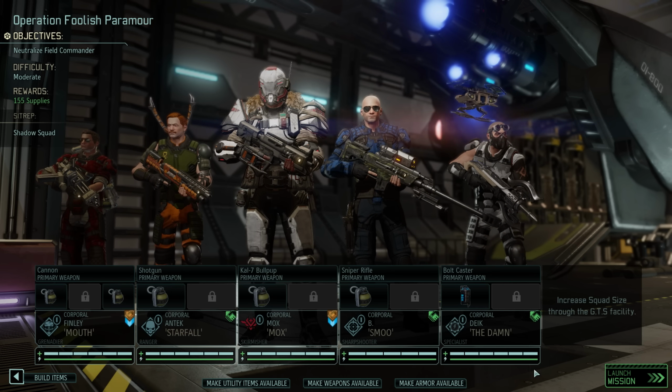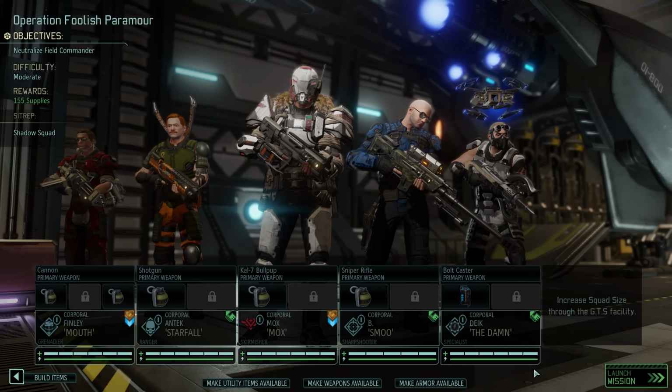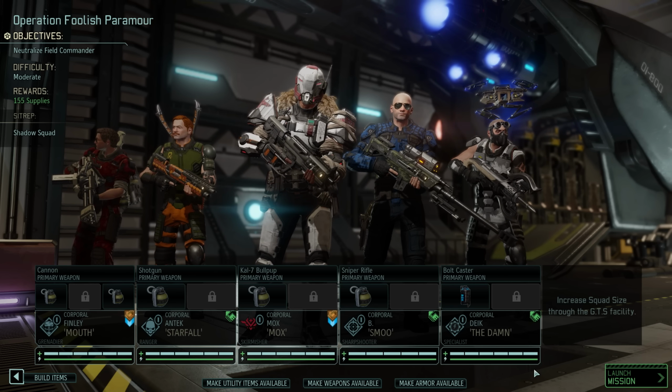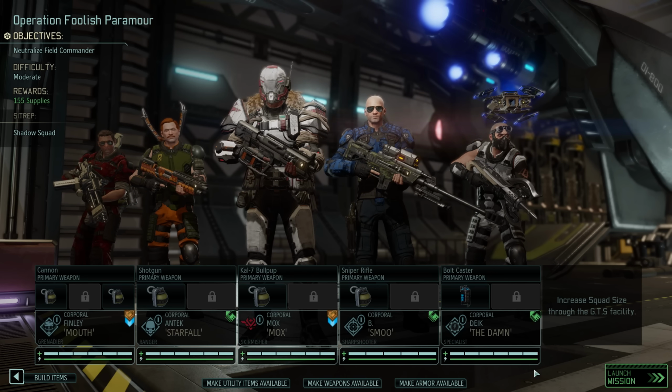And here's our squad for this one. We will embark with the bonded pair of Grenadier Nicholas Mouth Finlay as well as with Skirmisher Praetor Mox. Ranger Starfall Antek will also come along again, as will Specialist Van the Dam Dyke. And finally, Sharpshooter Smoo B, who we acquired in the last episode, will also get his first proper mission under